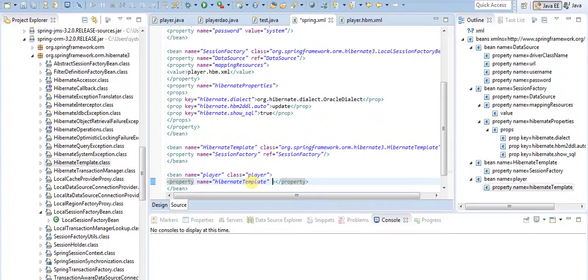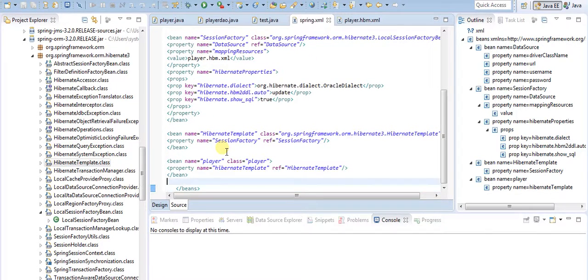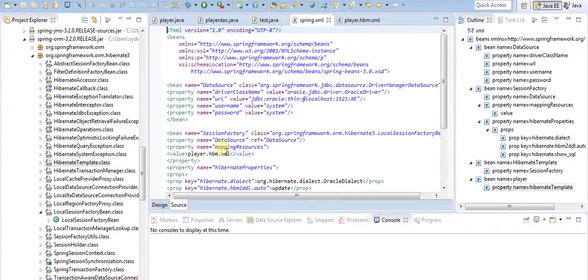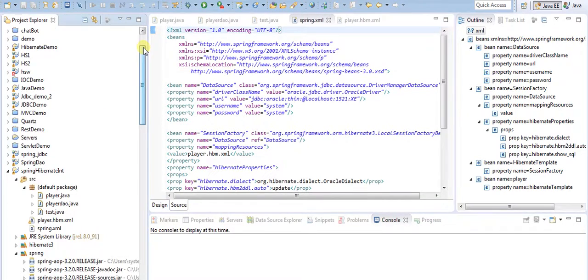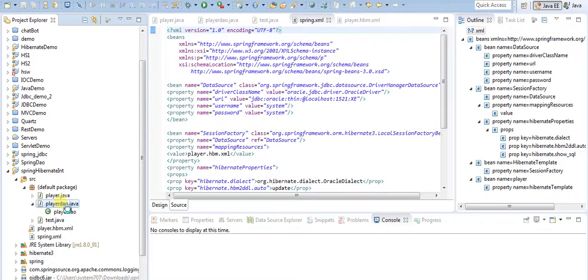Template, and the reference will be the bean which I have created. Need to pass it here, and it's done. So my Spring configuration file is ready. Now I need to write the logic inside my player.do class, the logic for those functions. So inside player.do,